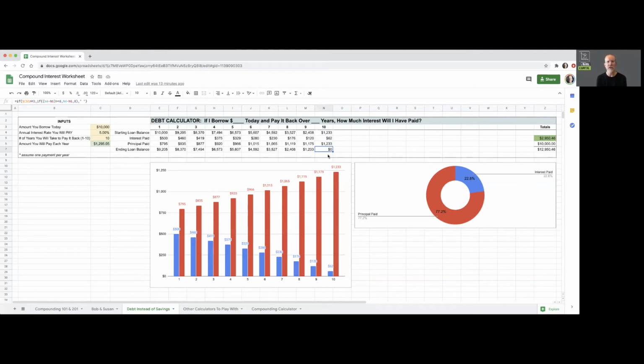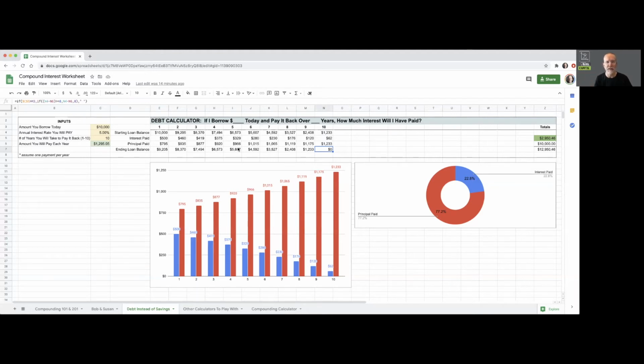Now, there's a couple things to notice about this, which might not jump out at you if you've never borrowed before for a home or for a car or looked at an amortization table. That's what this is. This is an amortization of your loan. It's breaking your loan into 10 pieces and dividing between interest and principal while keeping your annual payment the same,